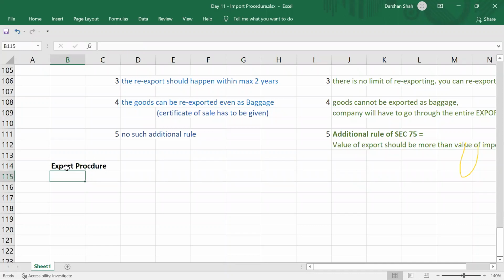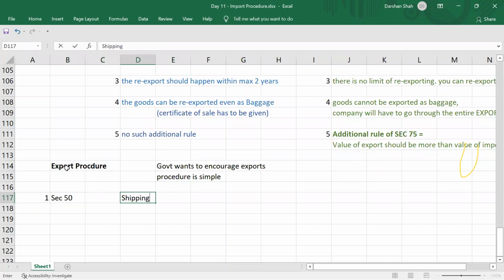Export procedure is very easy. Government wants to encourage exports. Okay. So procedure is simple. So step 1. Step 1 is section 50. You have to prepare a shipping bill because you are going to